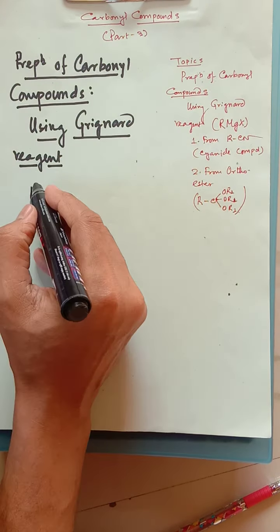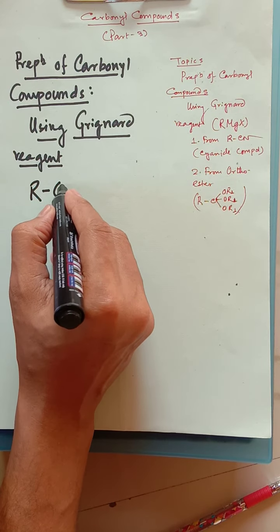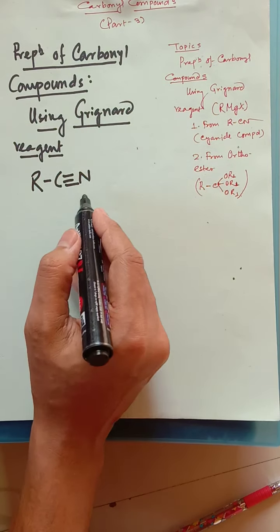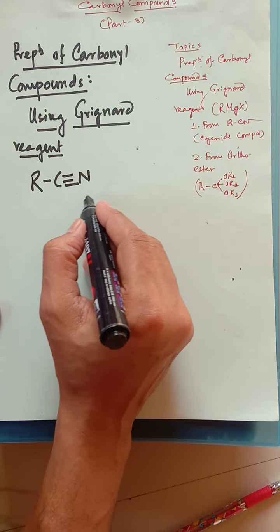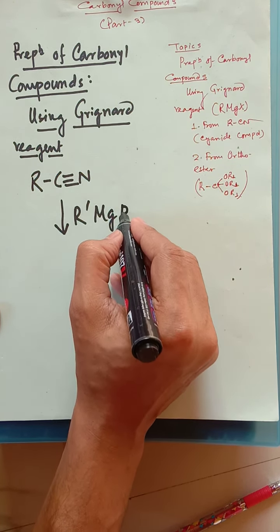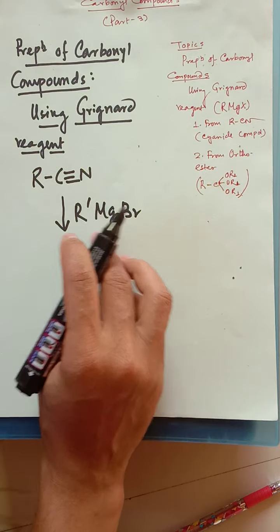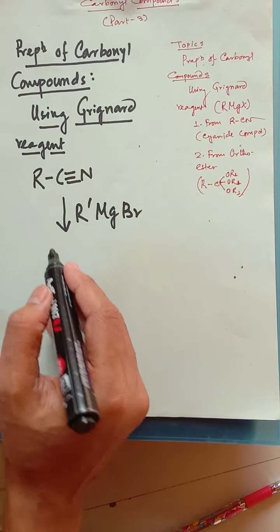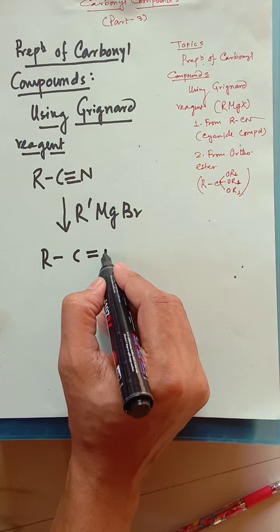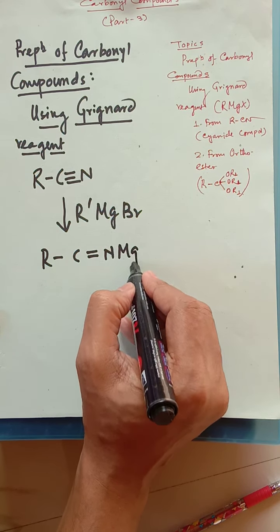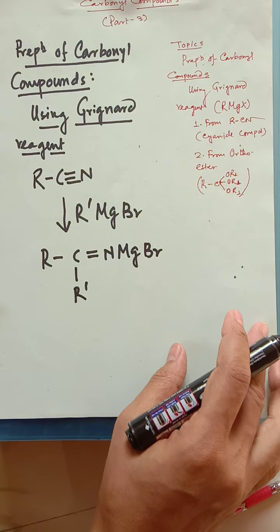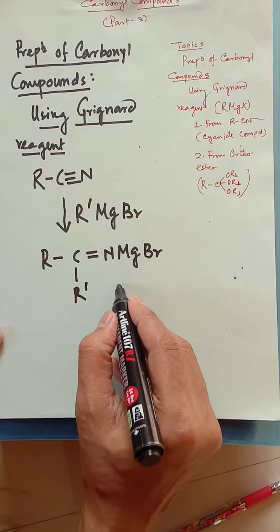Here the structure of RCN is used as the starting material, and the Grignard reagent, let me consider I am using R-MgBr, say. So this is the Grignard reagent. Already we have discussed earlier what is Grignard reagent. Now according to the mechanism, what will be the result over here? It will prepare this compound. Now after acid hydrolysis,